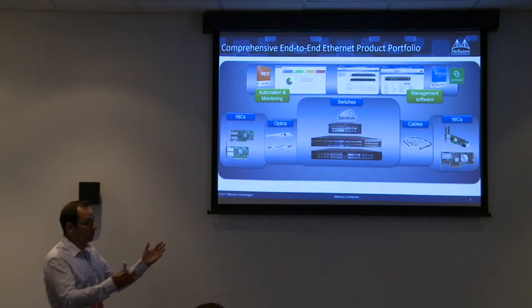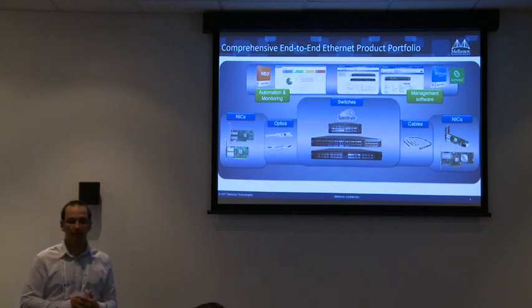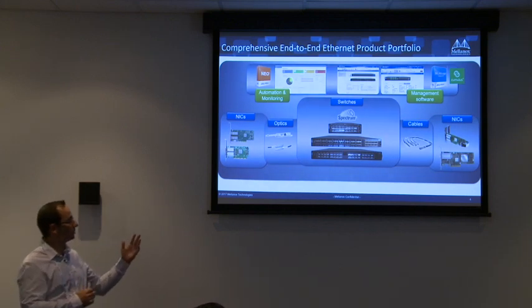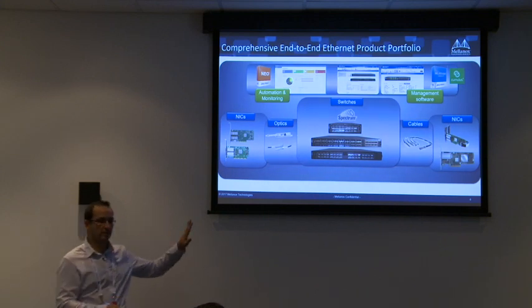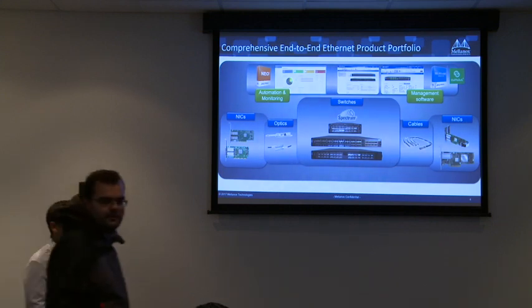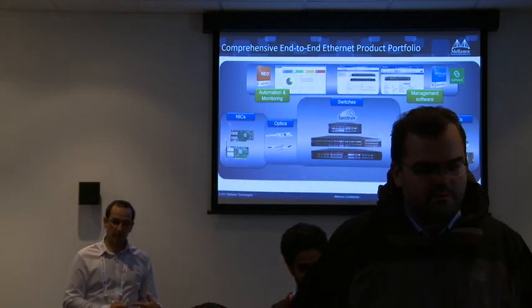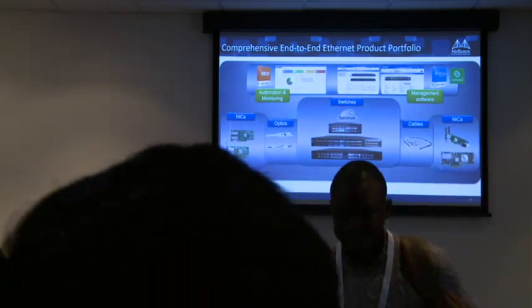So again, why should you care about the fact that we are an end-to-end company? It means that we have a unique vision that other vendors do not have about the purpose of each of those components. For example, we think that all the offloads and acceleration should happen on the NIC side. And in this session, because we are talking about overlay, I will talk about specific offloads that are related to overlay, but there are also others, okay?